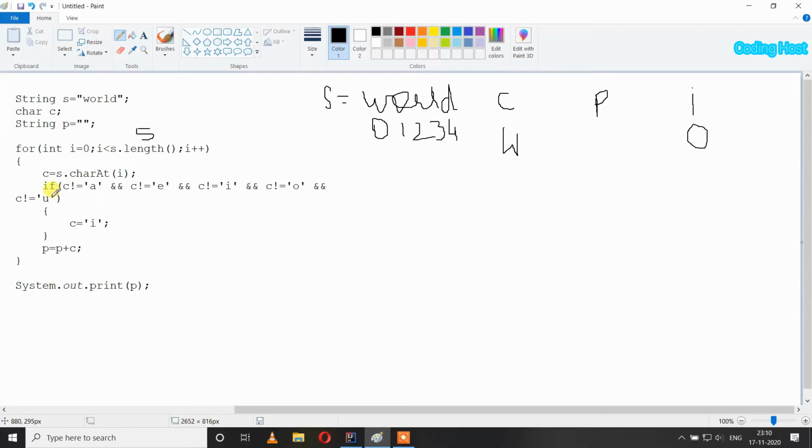After that I have taken an if statement. If c not equal to a and c not equal to e and c not equal to i and c not equal to o and c not equal to u.